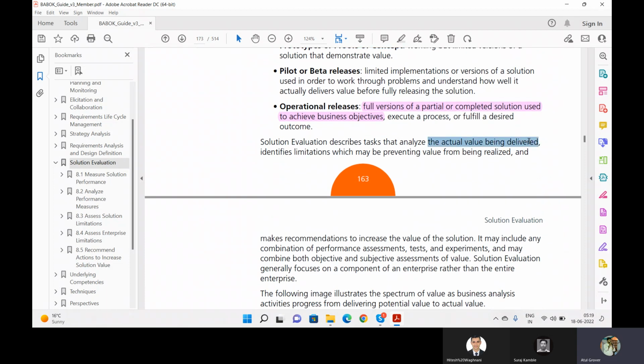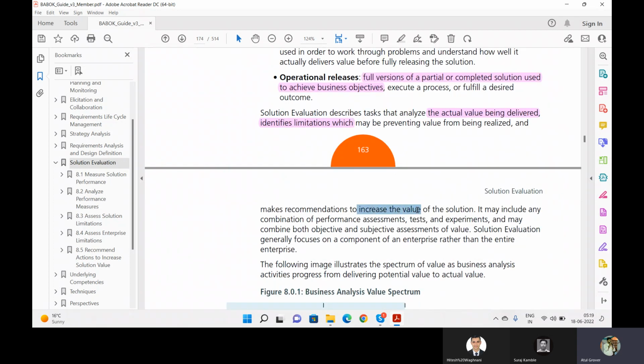Analyze the actual value being delivered. Number one, identify the limitation. Number two, which may prevent the value being realized, and make recommendation to increase the value. Number three. यहाँ पर मेजर करो, एनालाइज करो, असेस करो, रिकमेंड करो। टोटल 3 स्टेप, मेजर, एनालाइज, असेस और एनहेंसमेंट।